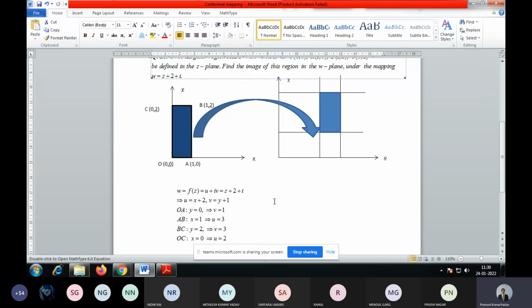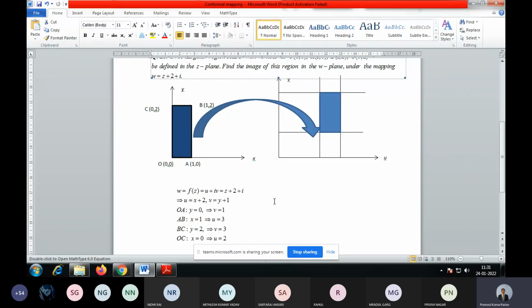Why? Because it is a polynomial in z. And if you remember, I told all of you that every polynomial in z, like z square plus 3z plus 5, or z power 10 plus 9z square minus 3z plus 7, if the function is like this, then it will always be analytic. Why? Because that kind of function is always differentiable, not only at a point, but throughout the entire region. So if the function is like z plus 2 plus i, without checking anything, you may directly say that yes, this function is analytic.